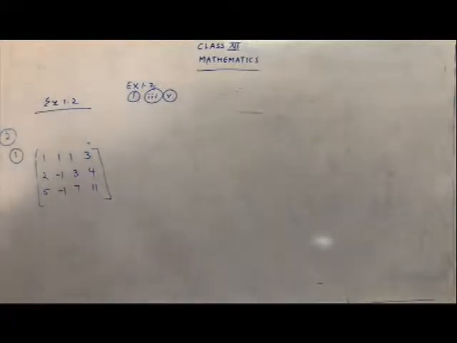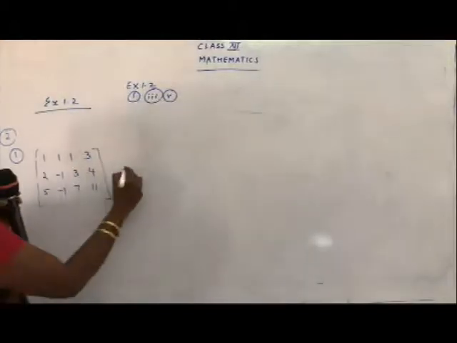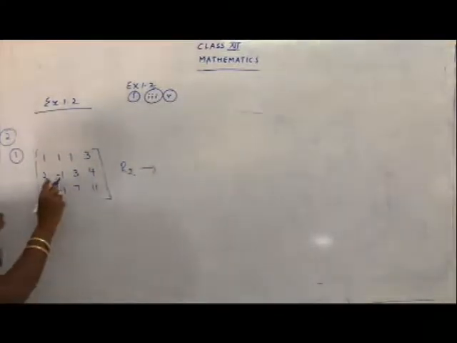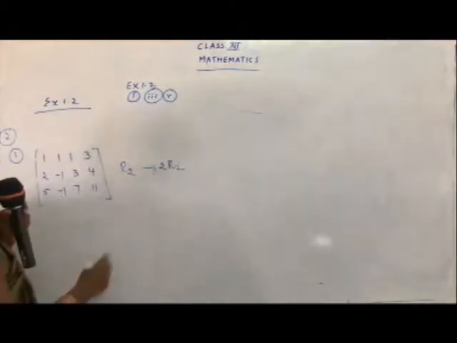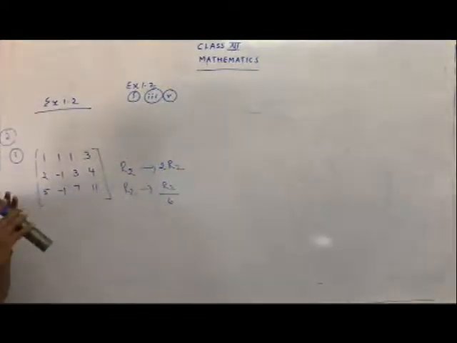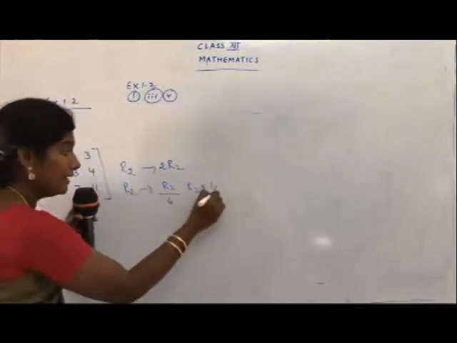Okay, done. Second point, replacing a row or column of the matrix by a non-zero scalar multiple of the row or column by a non-zero scalar. The statement looks a little complicated, but it's just simple. That is, you can change any particular row as a multiple of that row itself. Like if you are going to change R2, you can change R2 as 2 times R2, or R2 can change as R2 divided by 6. Division also means that it is a multiple. R2 divided by 6 means R2 is multiplied by 1 by 6.